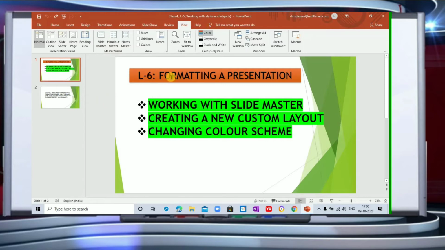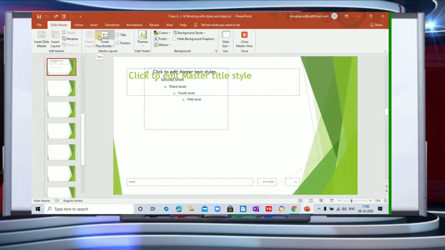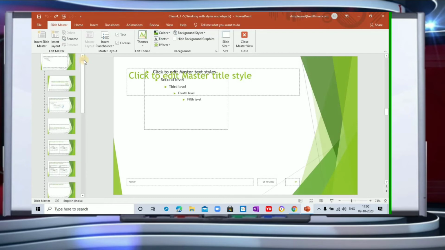So children, we are already in the PowerPoint presentation. I have shown you the View tab, and in the View tab we have Master Views, and in Master Views we have Slide Master. Once we click on this, you will find all the slides here on the left hand side, and this is your Slide Master view. Children, it is very important that whatever changes you make here will apply to all the slides.